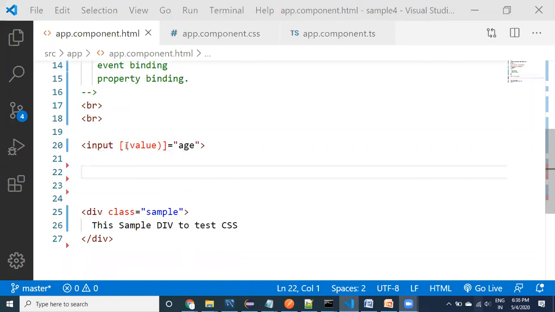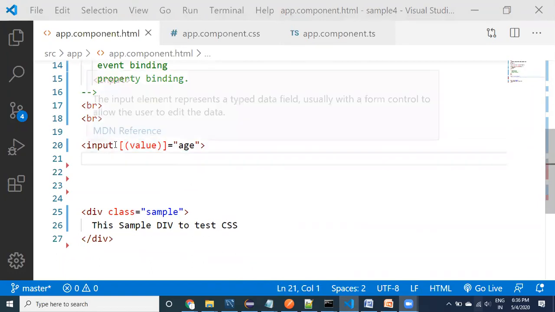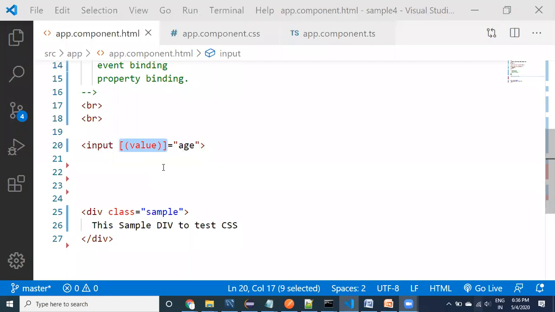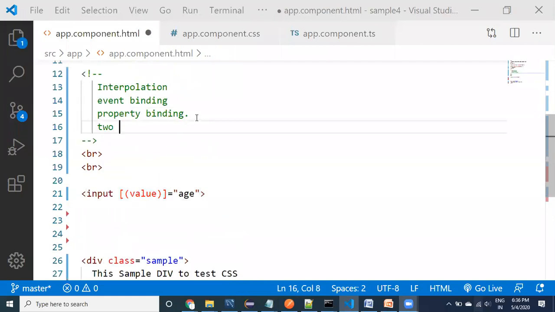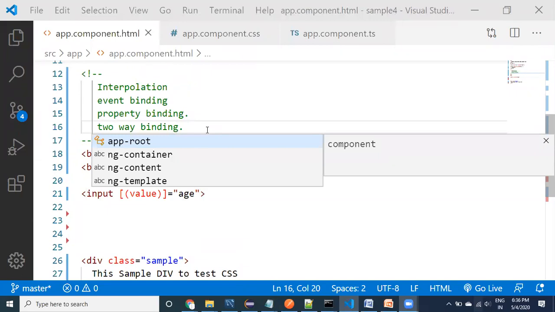Inside we have used event binding, and outside I have provided property binding. This syntax can be called two-way binding. I will tell you what two-way binding is. Okay, let us look at it.